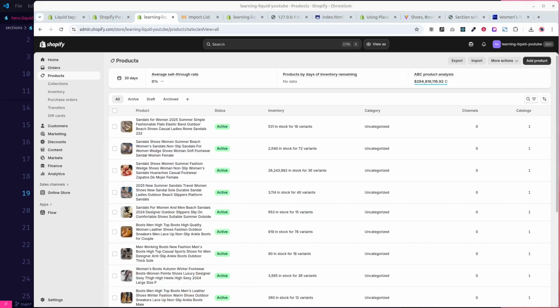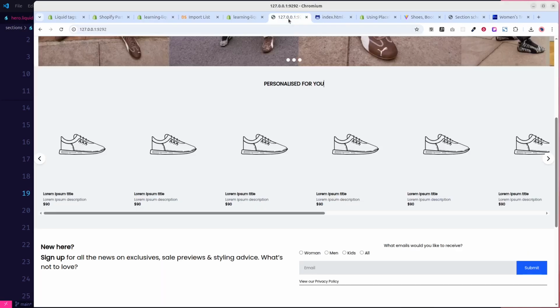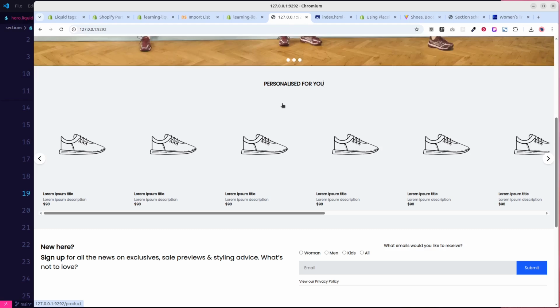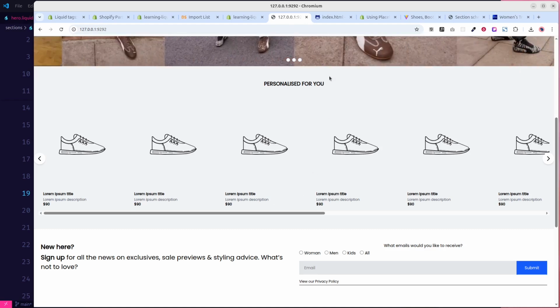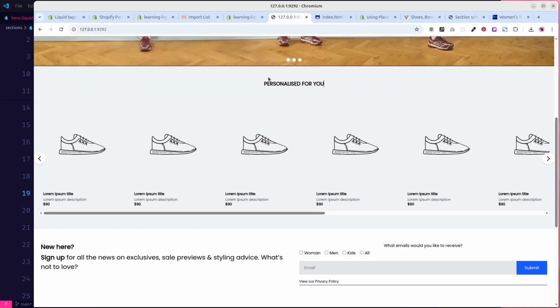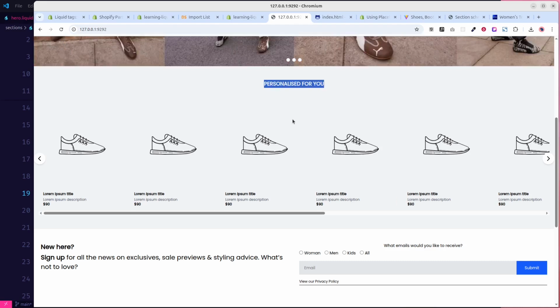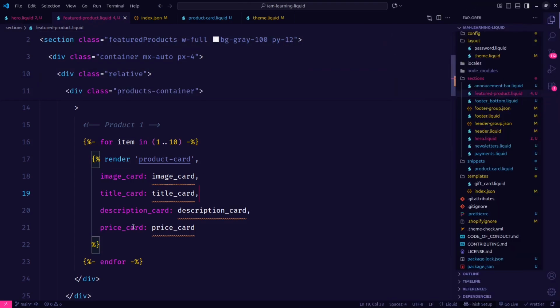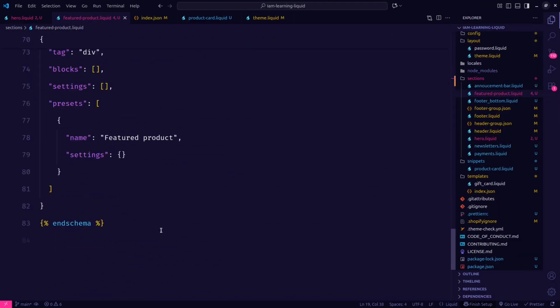Alright, so now we have done all of this, so let's go back to our code now. We're going to try to populate this one correctly. So first I want to add a possibility to add the padding top and padding bottom, the background color, and also we're going to make settings for this text and settings for adding the product like this. So let's go. In VS Code, inside the feature product.liquid, let's go back to the bottom,